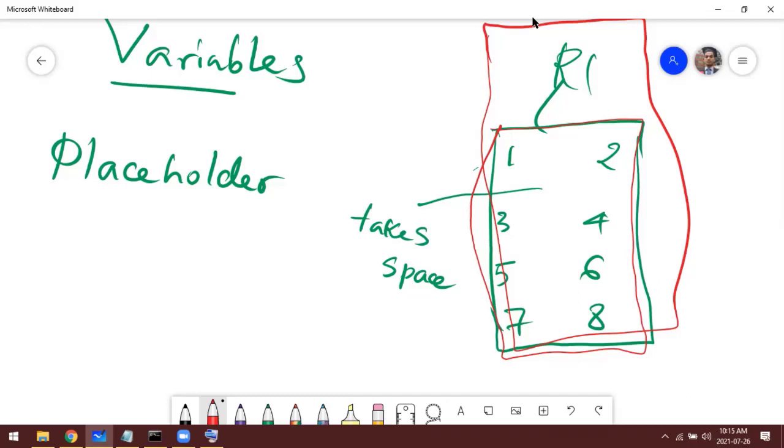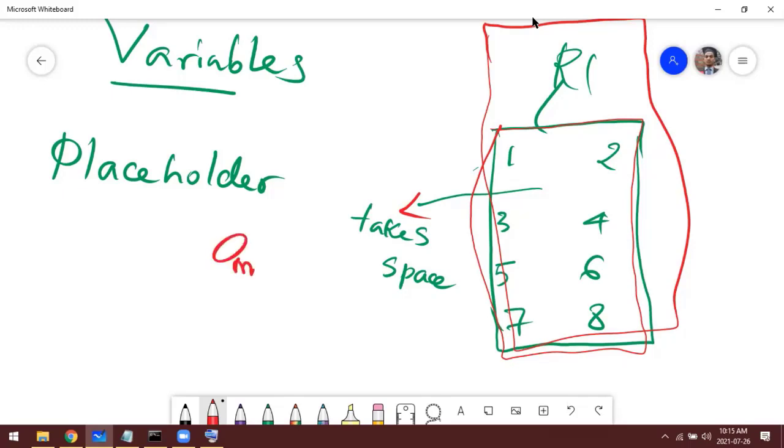So when you assign any variable, it will take space. Of course, it will take the space. In programming, this will be reflected in memory. So programming will reserve some memory allocation.